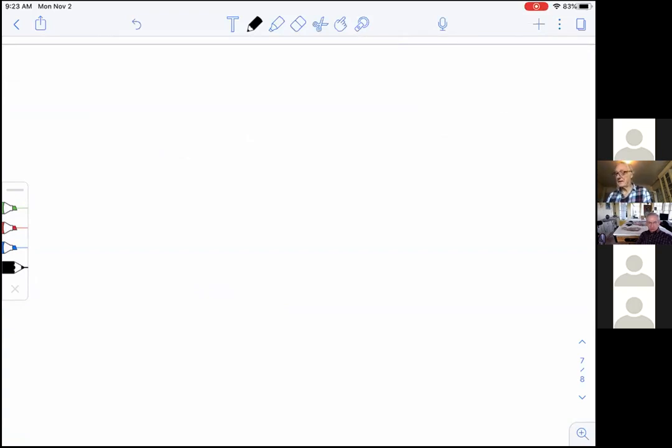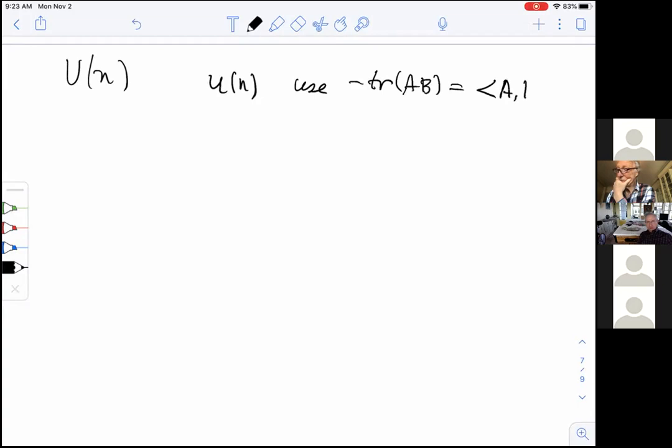Okay, so let's talk about geodesics in the unitary group. So first I have to give you a Riemannian metric. So on the tangent space to the identity, the Lie algebra, we use minus trace AB as the inner product of skew-Hermitian matrices A and B. The minus sign is because these are purely imaginary. So a typical element, well, it's a very special element, but it's the kind of element to think about in the Lie algebra